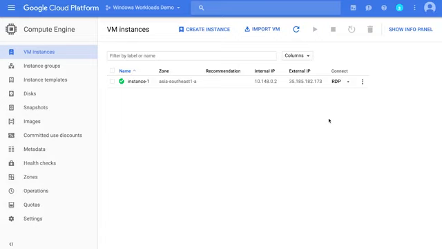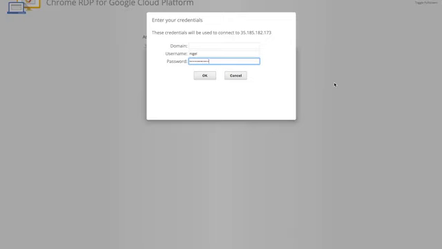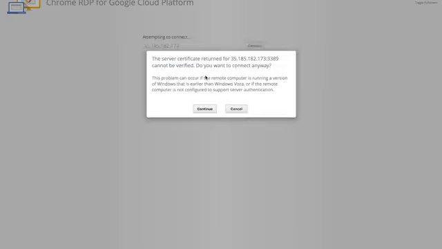And to do this, I'm going to make use of a Chrome extension. You can also use any other RDP client. So click on RDP. You'll notice that the Chrome extension is loading. Simply enter the password, click on OK. We'll have to just click Continue because the certificate hasn't been registered on my local machine, and we'll be in.